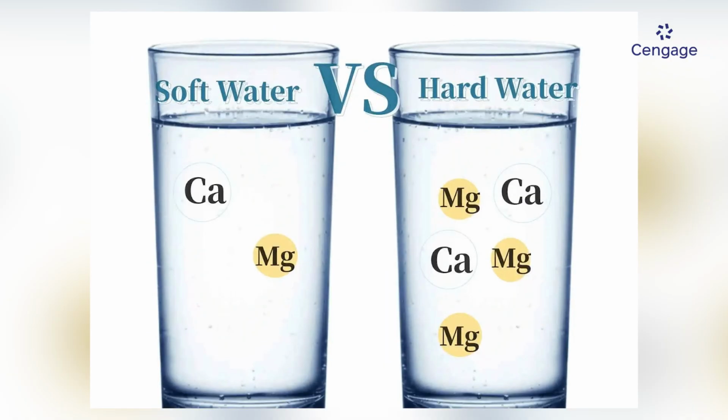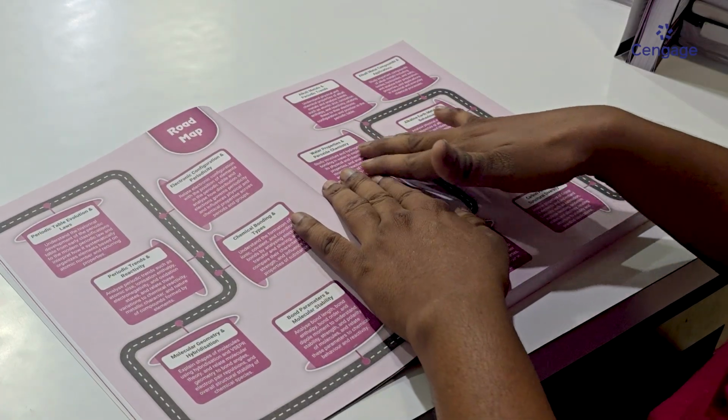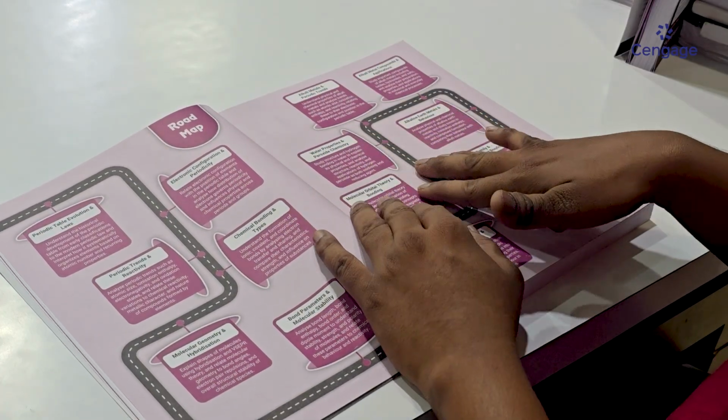And water, there are two types of water: soft water and hard water. Hard water is not very hard, but it has so many minerals and salts in it, because of which it cannot be used for drinking purposes. How to convert this hard water to soft water, all these things we want to see here in this topic. And after learning all these things about hydrogen and its compounds, we're going to move on to the first block,